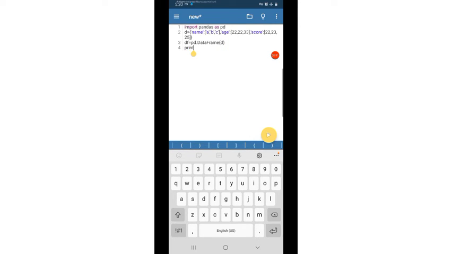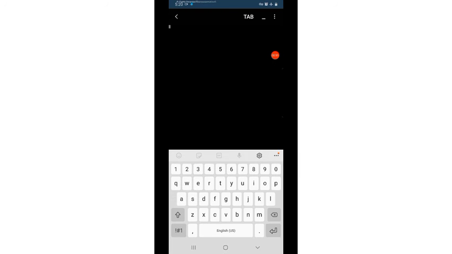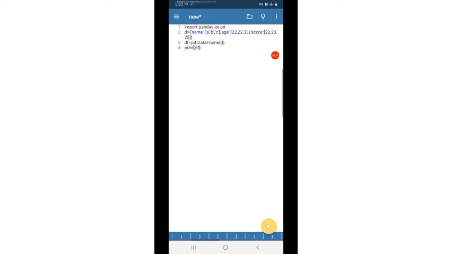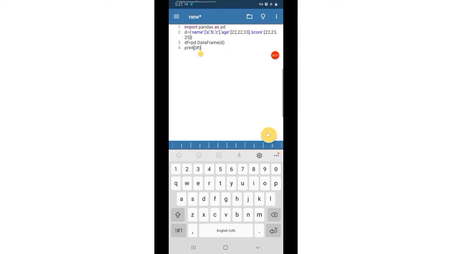Print df. So this is our data frame with name, age and score. Three columns are there. Now let us perform different operations.